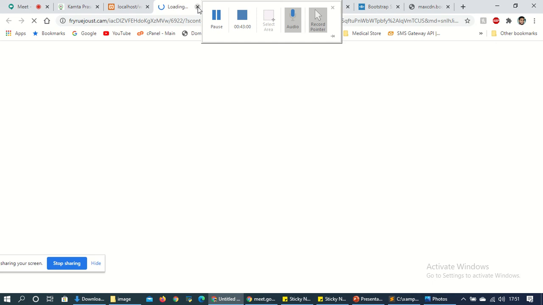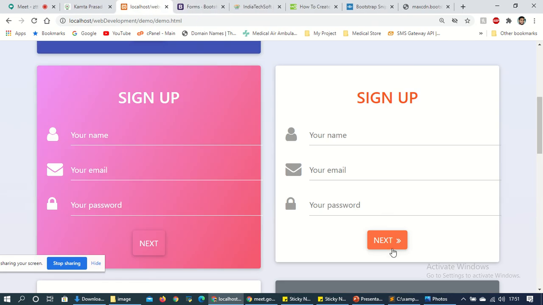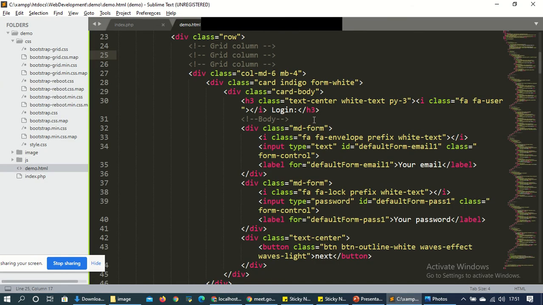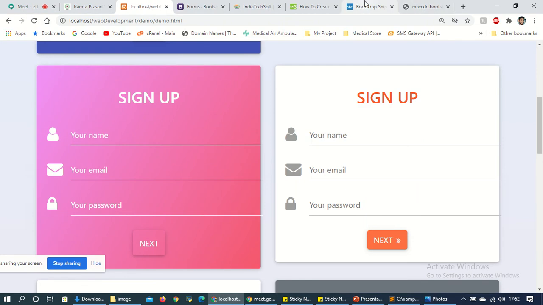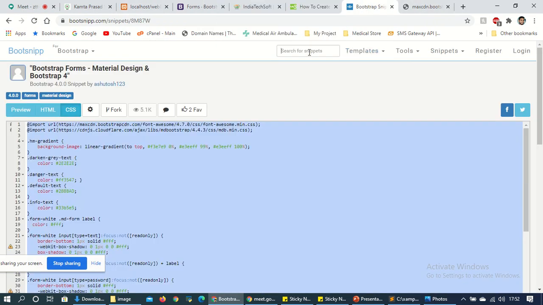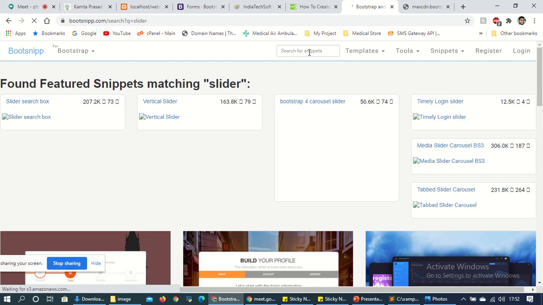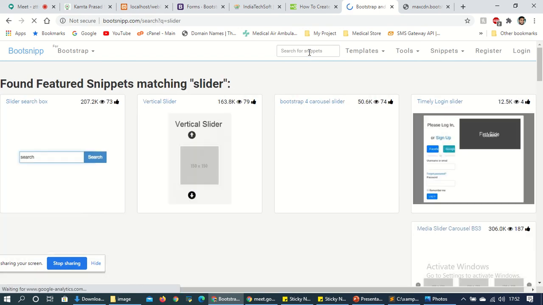Just undo. And not only a registration form, if you want anything, you just have to go to Bootsnip. You have to search slider, and you'll get sliders here. Earlier I searched carousel, now I have searched slider.